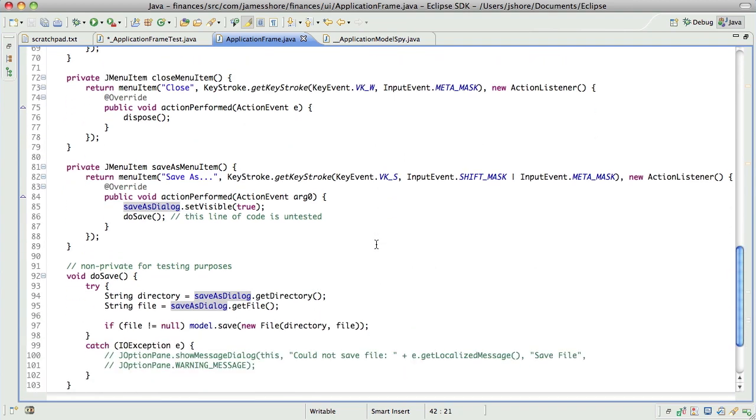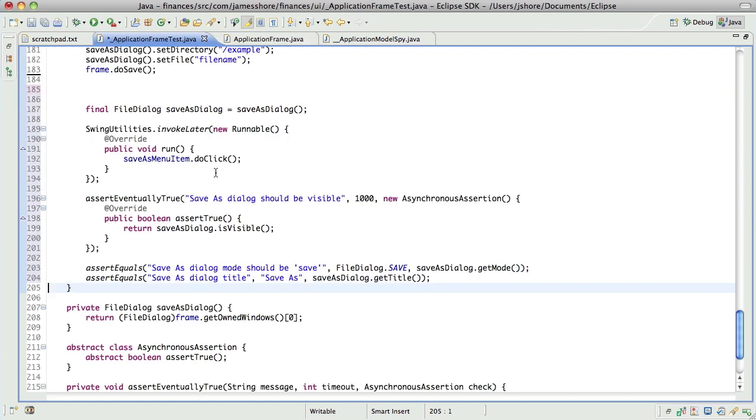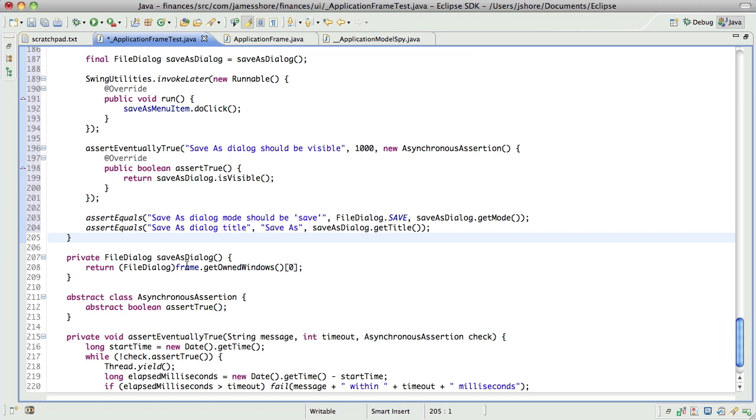I'm not sure that that's going to work when we're doing JOptionPane. No, that doesn't seem to quite work because the JOptionPane is going to show us a dialog. When we call JOptionPane.showMessageDialog, I presume that that is going to create a new object. Right now, when we're getting that save as dialog, we're asking it,